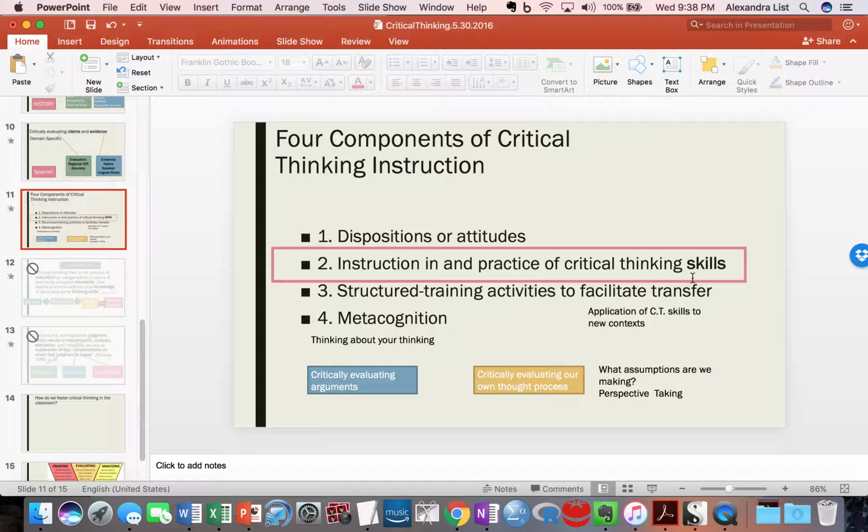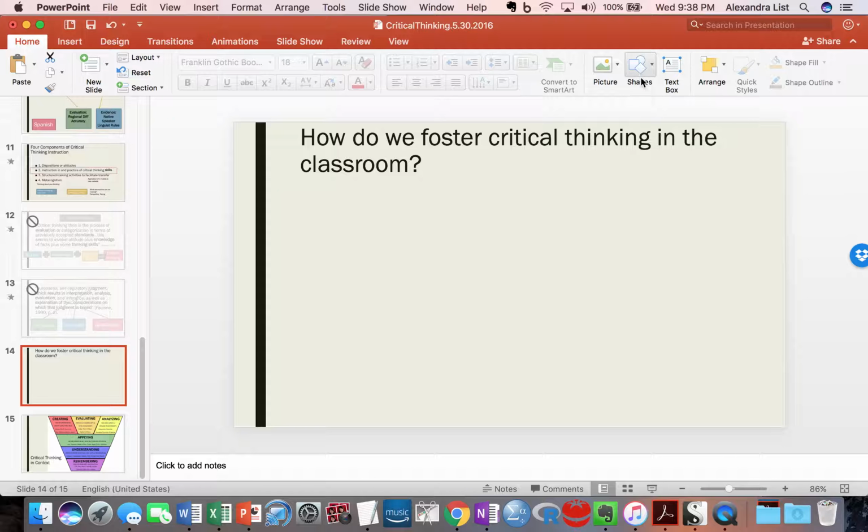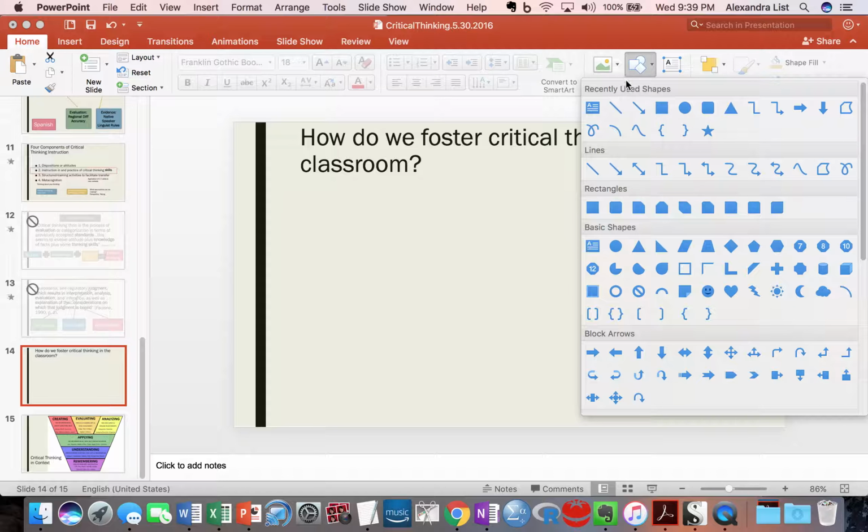And so thinking about these four components of critical thinking instruction, let's think about how we would foster them in the classroom. I'm going to create a box that goes hand in hand with each of these four components, and I'm going to ask you to pause the video and think about 3 instructional implications associated with each of